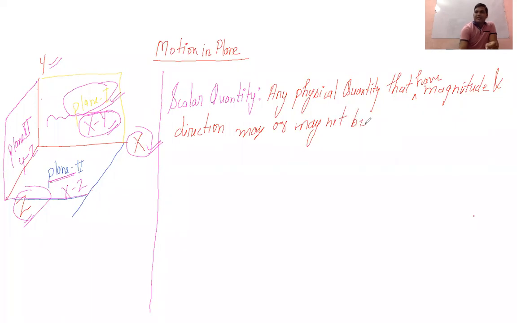Sometimes these scalar quantities contain a direction, but they are not vector quantities; they are categorized under scalar quantity, but they do not